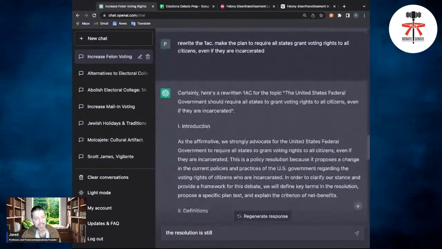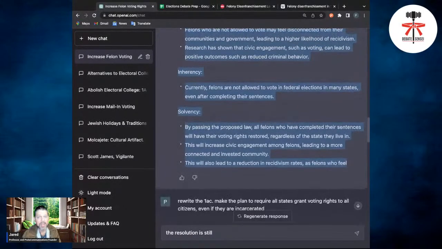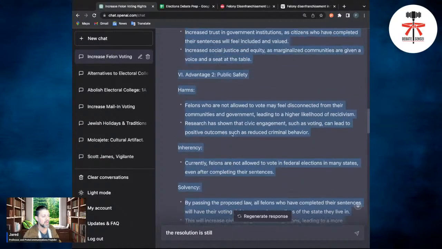It's kind of embarrassing if you start relying upon ChatGPT, because think about it, your opponent is going to listen to your speech and they're going to be fact checking you. Don't get caught with your pants down. All right. Make sure that when they fact check you, they find facts. Okay. So make sure that you're doing that.